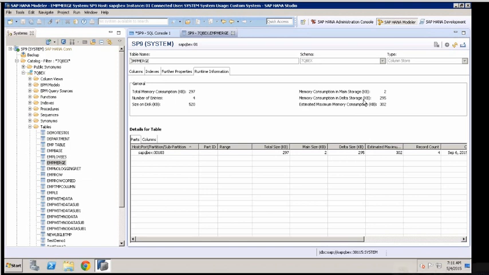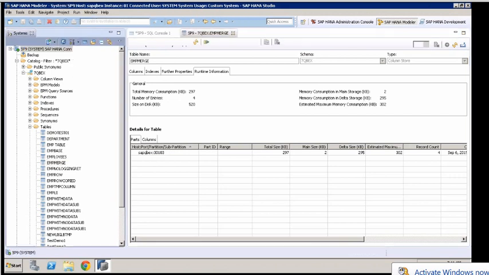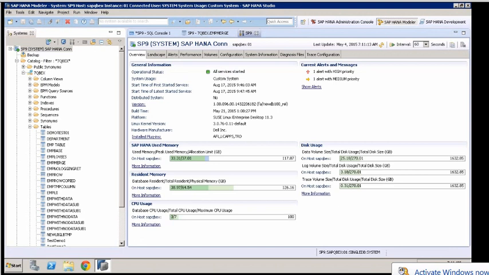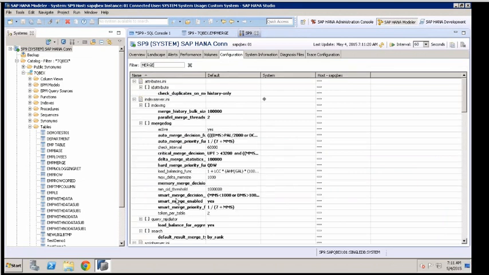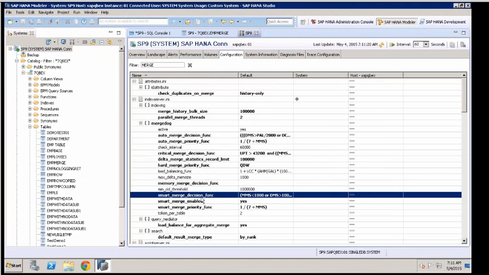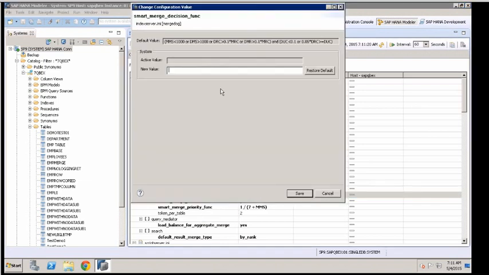Okay, boss? Now when it comes to manually doing merging, there are multiple ways you can do it. You can do a smart merge or you can do a forced merge. If I do smart merge, what happens again? Look at this. Again, if I say perform merge on this table and smart merge on, if I say perform smart merge, then what happens? Even for smart merge, at this level, what is this here? Look at this. So when you say smart merge, what? When you trigger merging saying smart merge, it sends a token to the server to perform the merging. But merging is actually done only when smart merge decision function is satisfied. You getting what I'm saying?